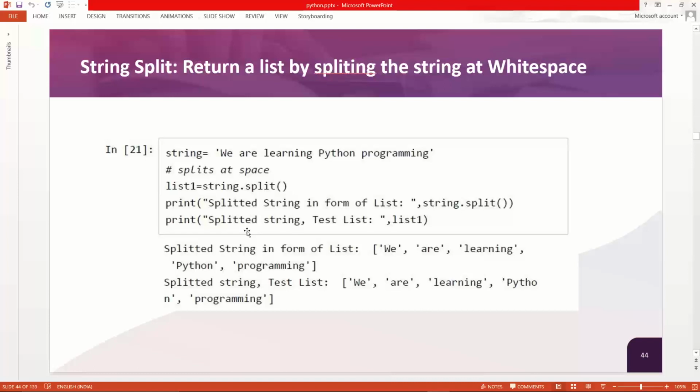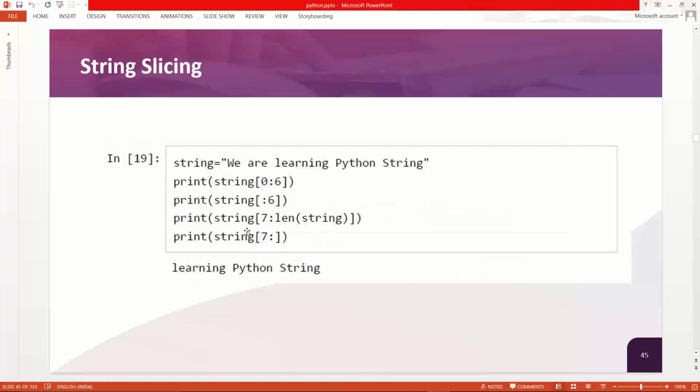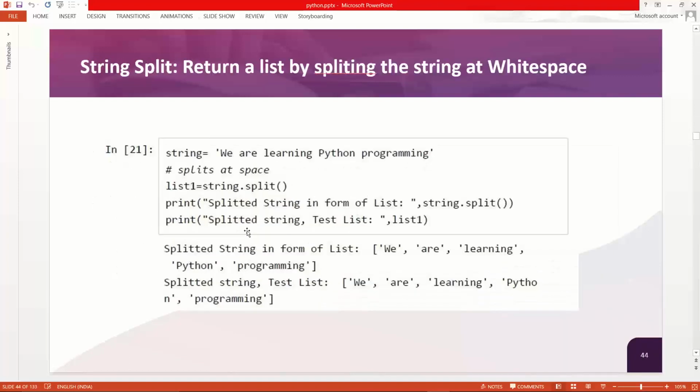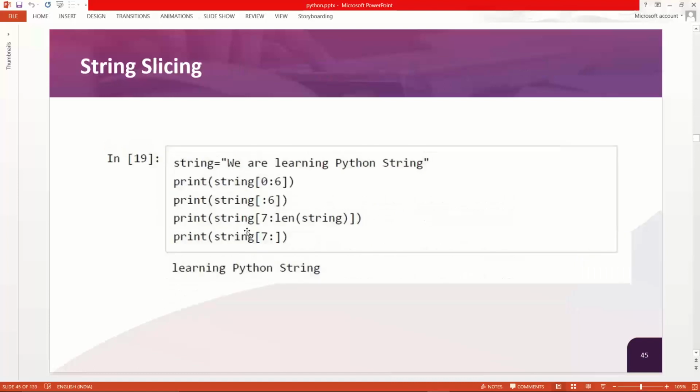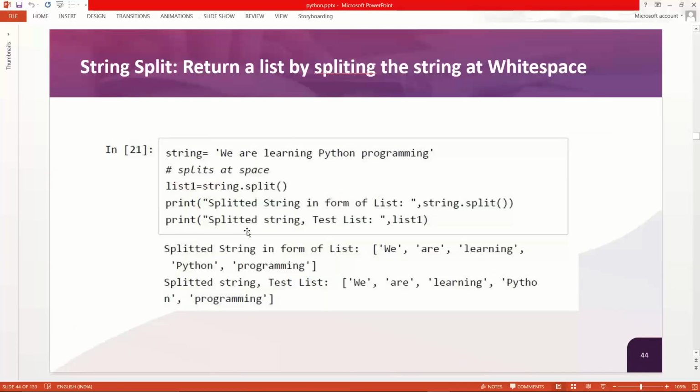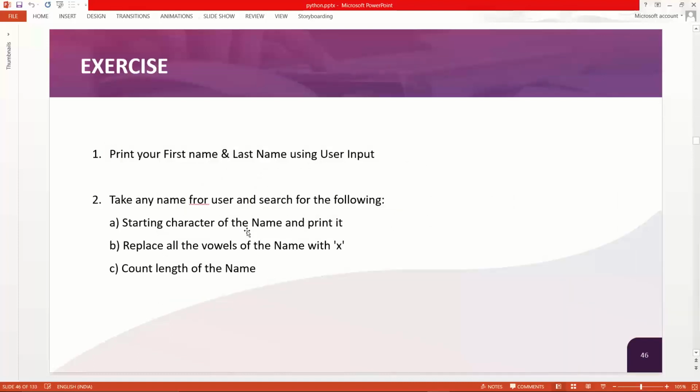Now there is split. This is something that I need to explain in a vast way. This split function is actually converting it to a list, so I won't explain it now. Rather, I will explain it later when we go for splitting. Slicing is also a very vast thing, and I need to explain it briefly. So today I won't explain these two things. From tomorrow onwards, we will first start with slicing, and then we'll move to the list. Once we cover the basics of list, we will come back to split and show you what actually split does. Okay. So for today, we are going to end this session.